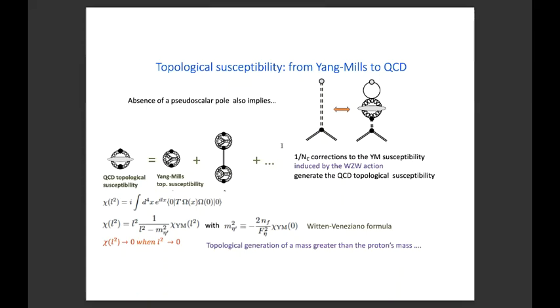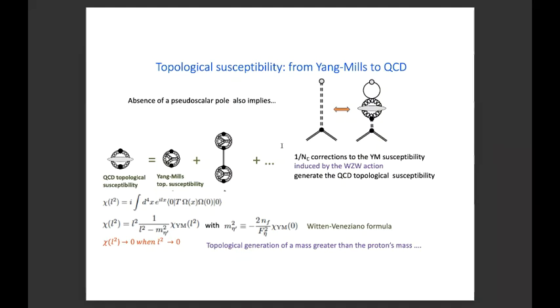And of course, in the large N limit, this goes to 0. So for any finite N, m eta prime is non-zero. And the reason why this is a large number is because the Yang-Mills topological susceptibility is very large. From the lattice, we know that's on the order of 198 MeV to the fourth. And so for finite N equal to 3, this is a very large number here. But in the limit of large N, this goes to 0 smoothly.